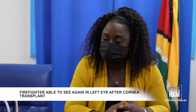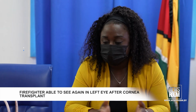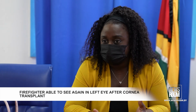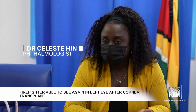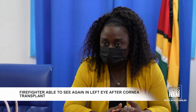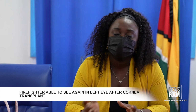So the main problem with the cornea is if it gets cloudy, it's not functional. You can't see through it, all right? Because it's a clear lens and you need it to be clear to see through. So if there's an opacity to the cornea, there's no way to get rid of opacities. Once they've set in, it's scar tissue. You can't get rid of it without removing it. And if you're to remove that scar tissue, you will actually damage the integrity of the eye, you'll damage the structure. So corneal transplants are a way to remove that defective, that cloudy tissue and replace it